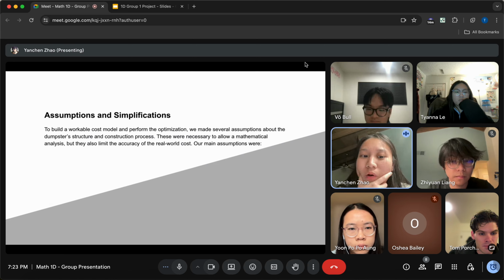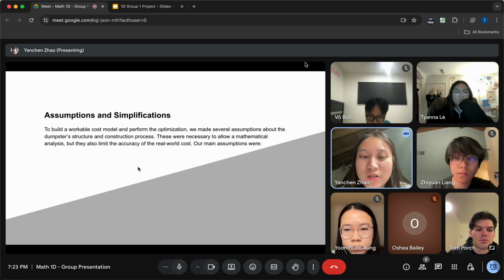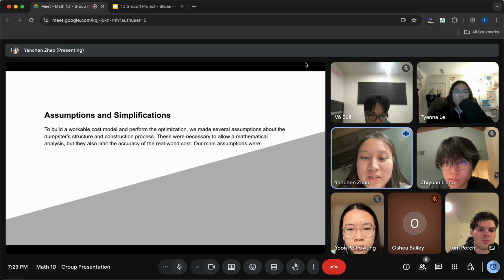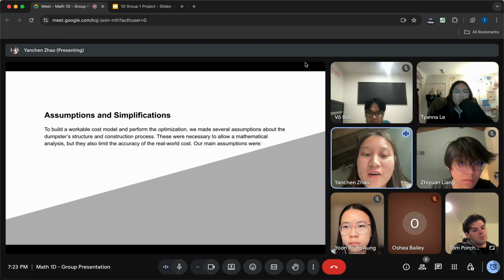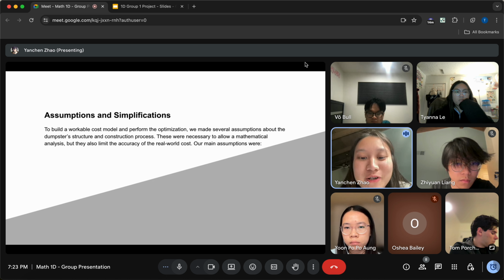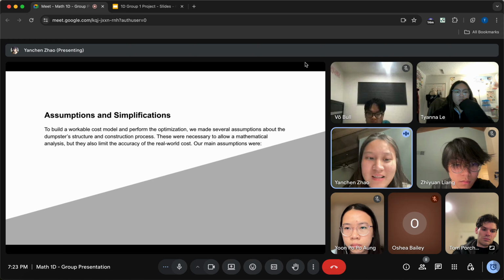To make a workable cost model and perform the optimization, we made several assumptions about the dumpster's structure and construction process. These were necessary to allow mathematical analysis, but they also limit the accuracy of the real cost. Our main assumptions are: